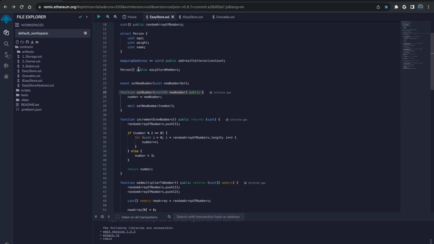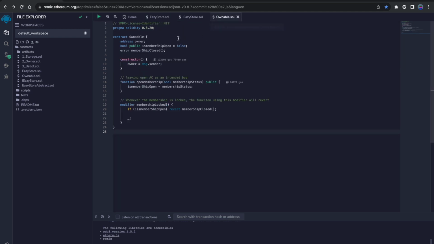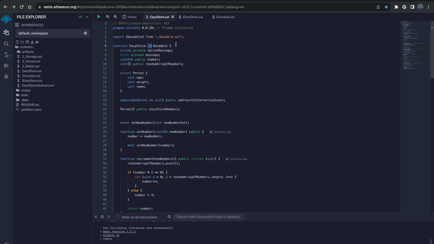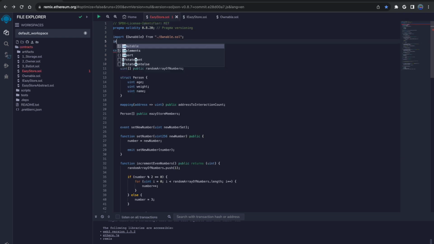So the way you would inherit a library is a little bit different. You would create it like a similar contract, but you would just rename this to library. We're not going to change this, but that's how you create a library, similar to a contract. But instead of actually inheriting it using the is keyword, you would import your library. You would just import that, so right now we're importing this to use it as a contract, but if we want to import the library as a dependency and then use it in our code, that's how we would do it.